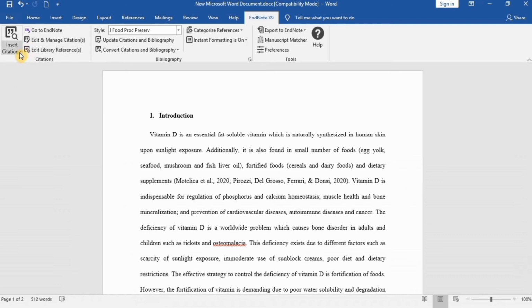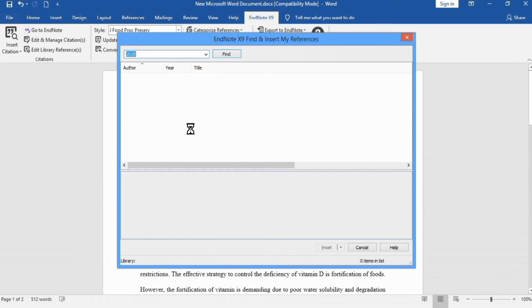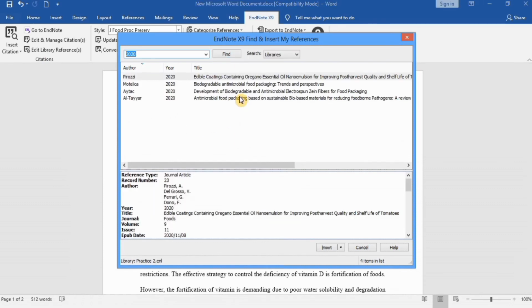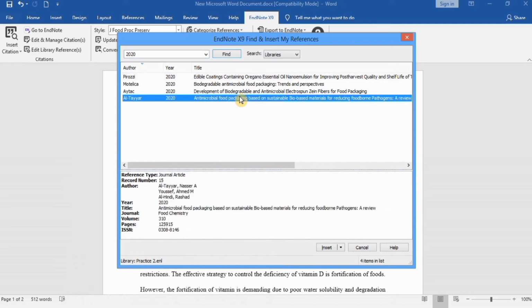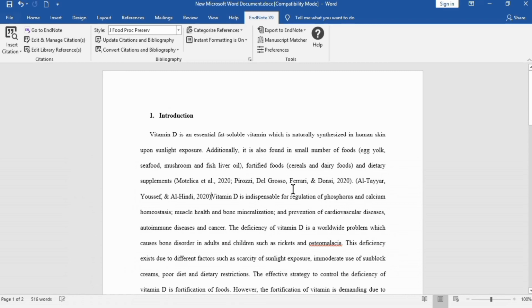Similarly, if I want to insert a reference here at the start of document, you can see in review paper that mostly the year is in bracket and author is without bracket. So how you can insert that reference? Select this one and go to insert. You can see here that reference is inserted here.